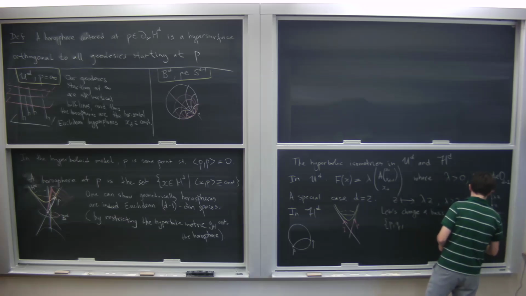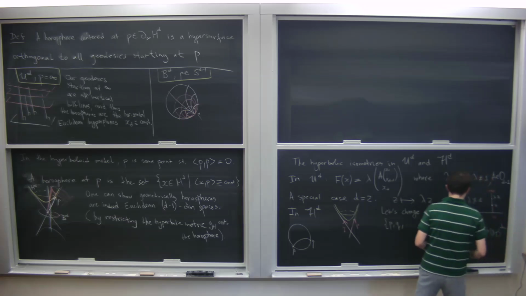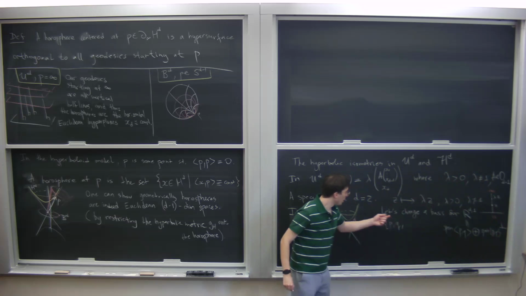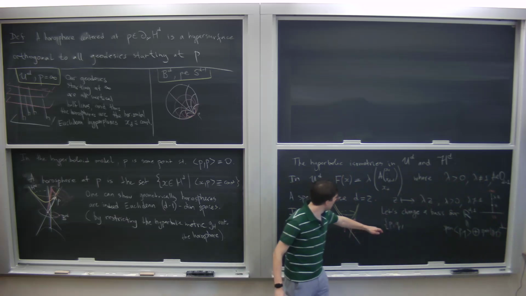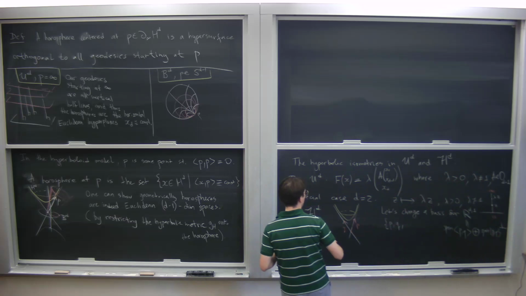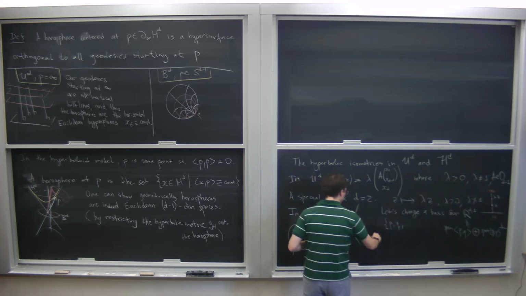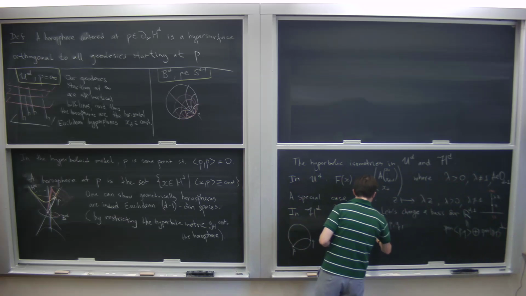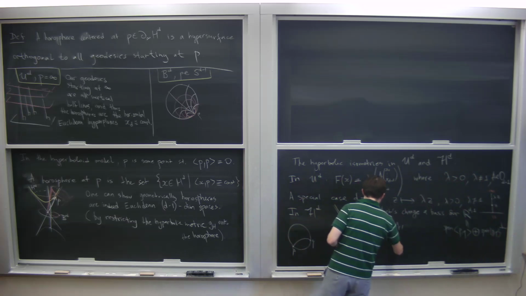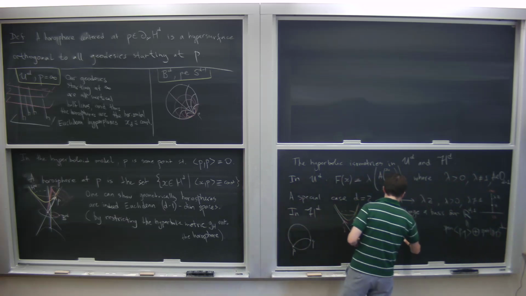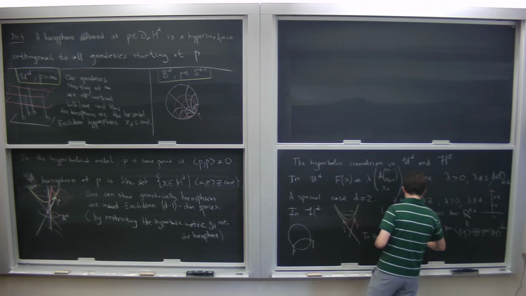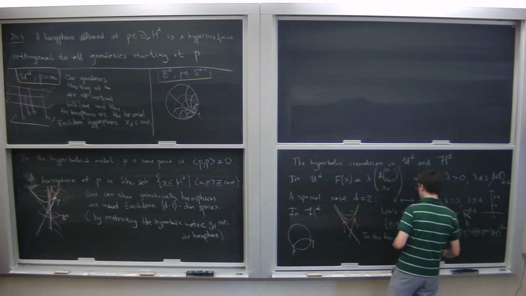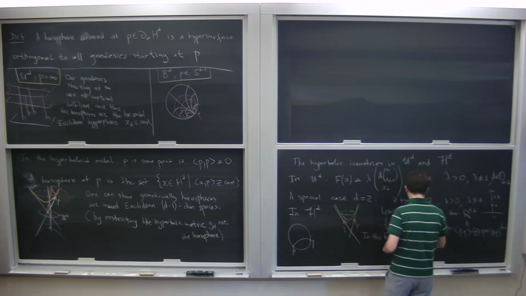So span of P and Q and its orthogonal complement. In this new basis, the hyperbolic isometry preserving P and Q, there are still many,